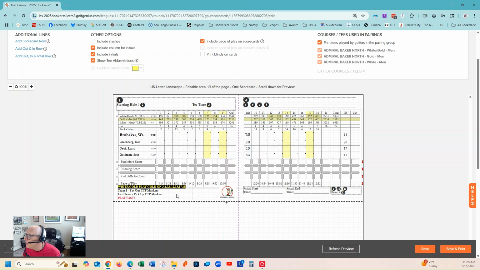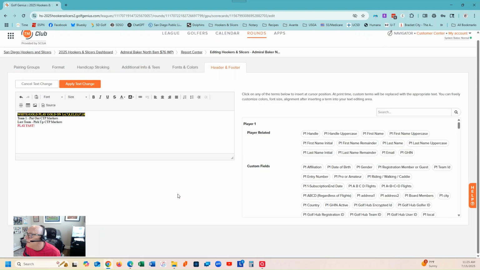In the bottom left, though, there is a box, and if you double click on that, it brings you to a screen like this. And essentially, this is the directions for the closest to the pin. Okay. Most cases, if it's a tee time one, I'll just say team number one put out the closest to the pin markers, and the last team pick up the closest to the pin markers. Sometimes the course will put it out there for you, but I always just leave it the same like